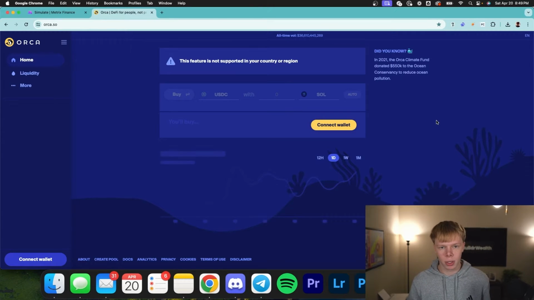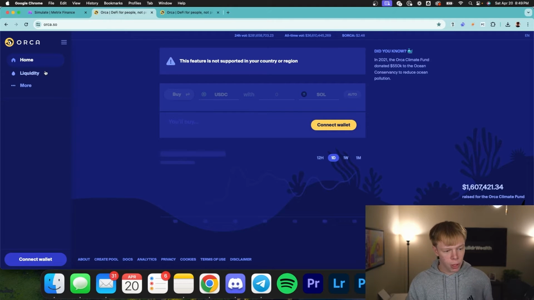But if you guys don't know what Orca is, essentially it's a concentrated liquidity exchange on the Solana network, as I mentioned earlier. But what does that exactly mean? That means that you can head over to their exchange, you can swap one asset for another asset. That means that we can sell our SOL for USDC, or maybe buy SOL with USDC basically. And we can do that with other assets as well. We could sell Radium for SOL, or we could sell Orca token for SOL, or Render token for SOL, or maybe SOL for Pyth, or something along those lines. We can just execute all of these different trades, and it's going to route us through an automated market maker